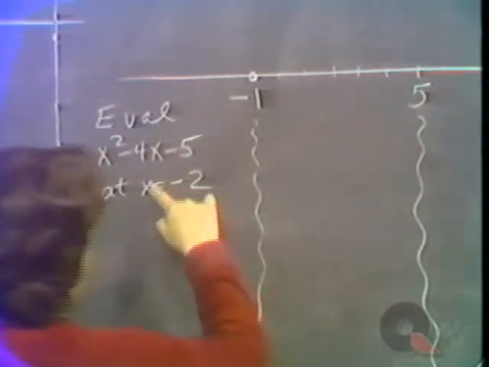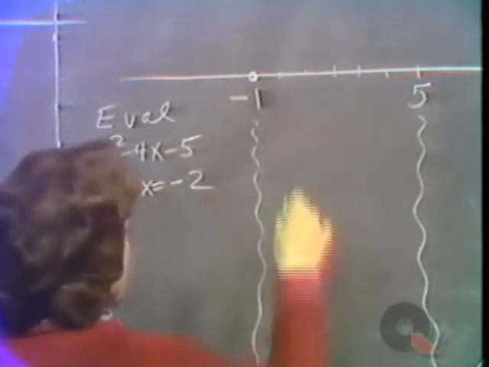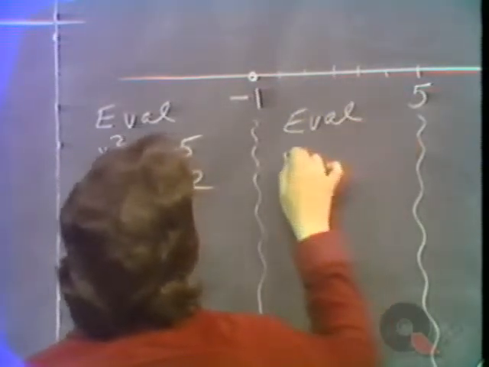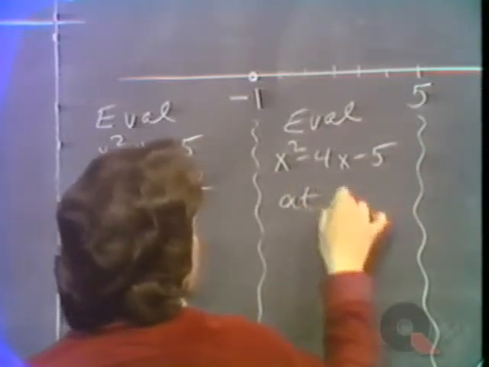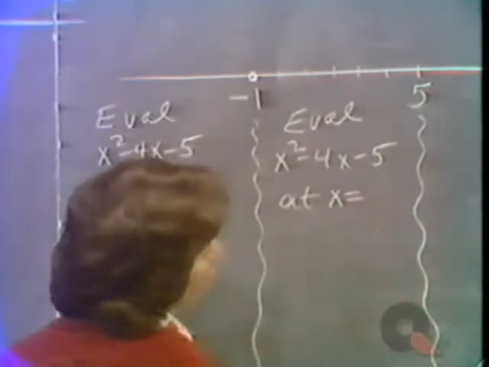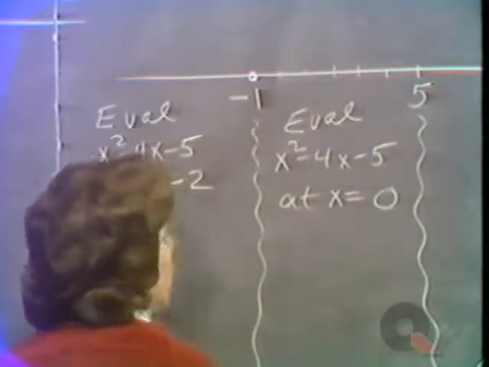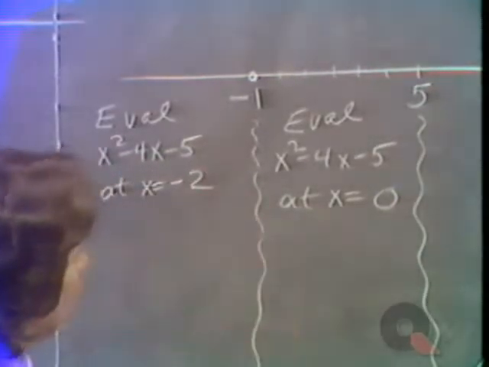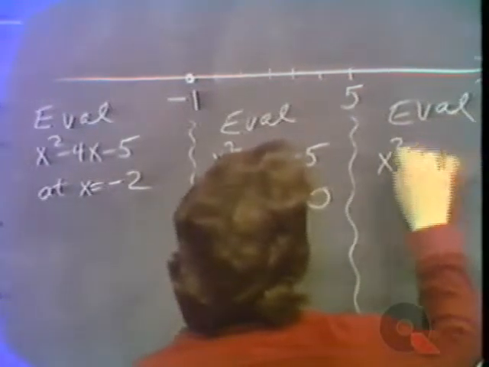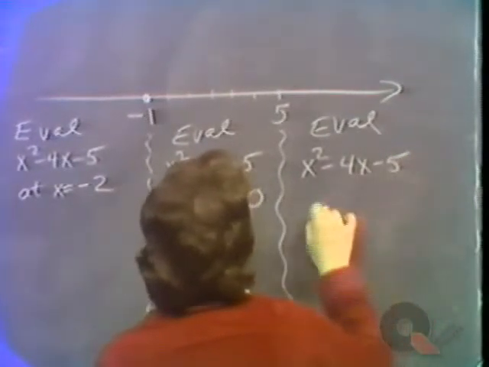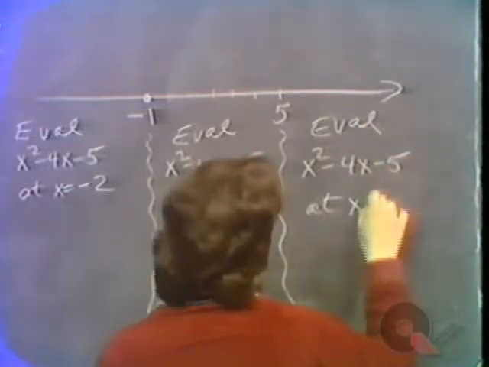I'm also going to pick a value between minus 1 and 5. I will evaluate x squared minus 4x minus 5 at x equals anything between minus 1 and 5. Well, 0 is a simple value to evaluate at. And then finally here, I'm going to evaluate x squared minus 4x minus 5 at x equals, let's say, 6,